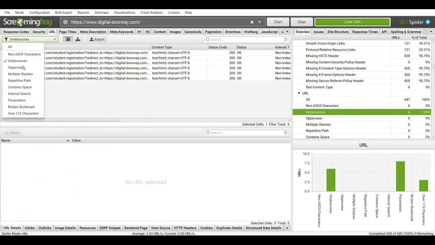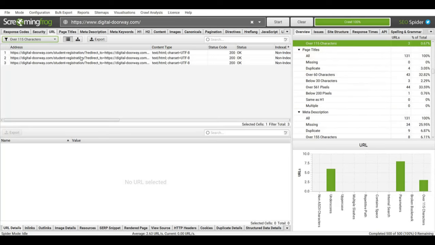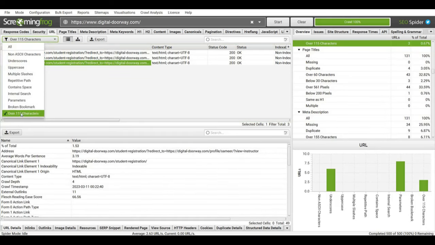So similarly you can see which of those carry uppercase, there are none, which of these are over 115 characters. So page titles over 115 characters again is not a good practice. All right, so you can see over here it's very long, so this is not a good practice. So you can go back to your website and then change this. So you have some of these filters over here. It's important that you check these. All right,